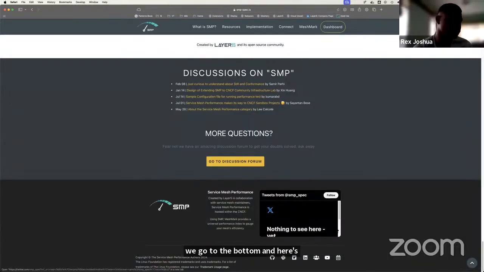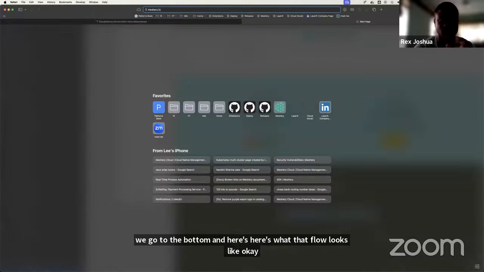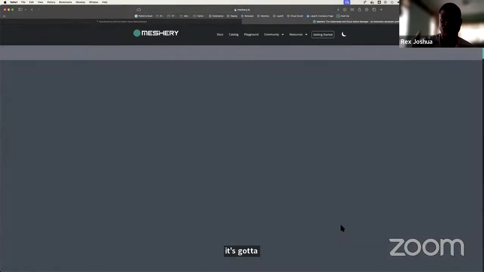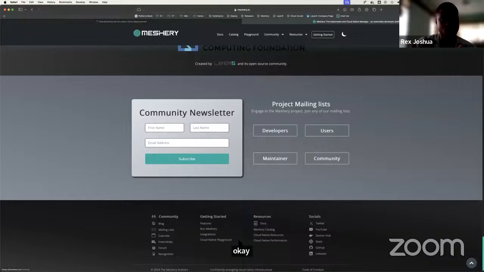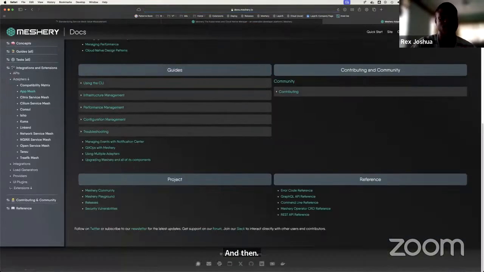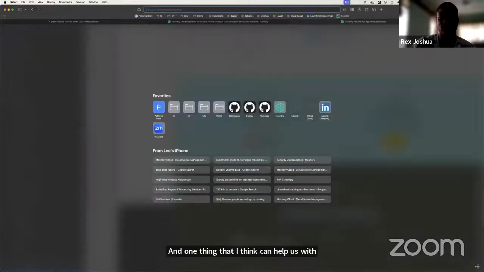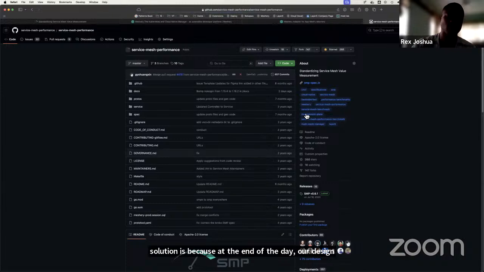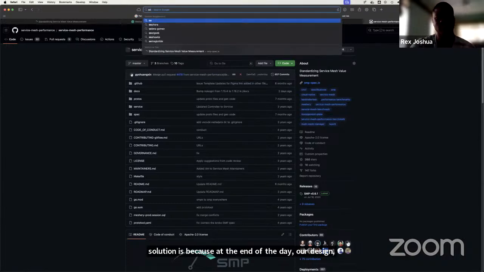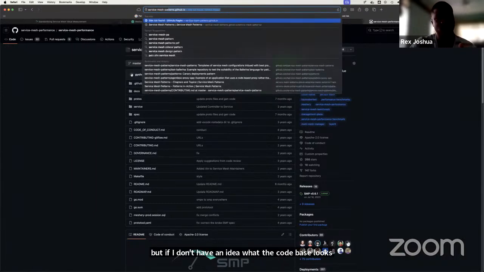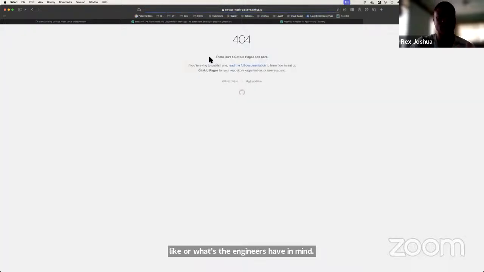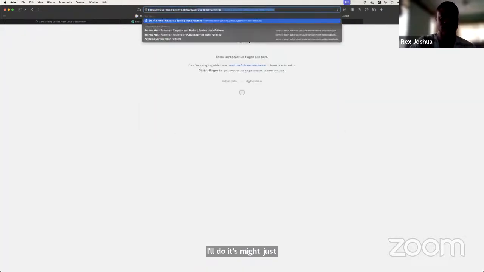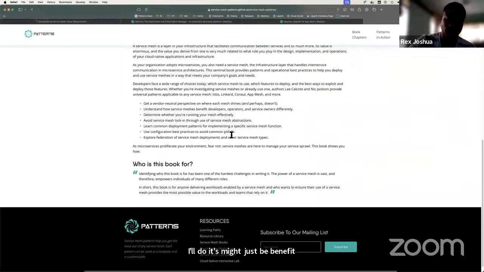Okay, yeah, I think I get the point here. I'm sorry, I might have to butt in, but I think your concerns are very valid. One thing that can help us with the proper solution is this: at the end of the day, I'll design, but if I don't have an idea what the code base looks like or what the engineers have in mind, it might just be an effort in futility, because they can come in and say, we don't have the capacity for all of this, and then we are stuck where we are currently.